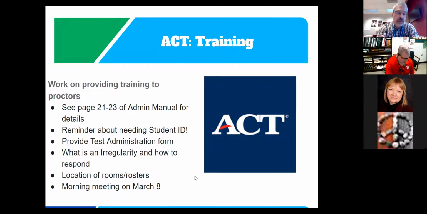Also, it's really important to have set out prior to testing that the students know what room they're going to be in. And so I know that in the past, several buildings have had lists of room numbers and who is in that room posted for students around the school, posted for students to be able to see that.